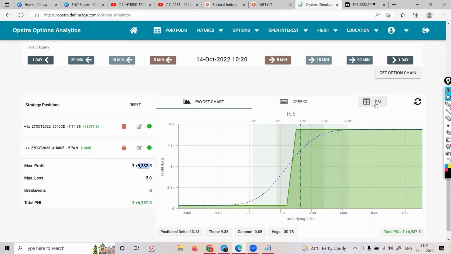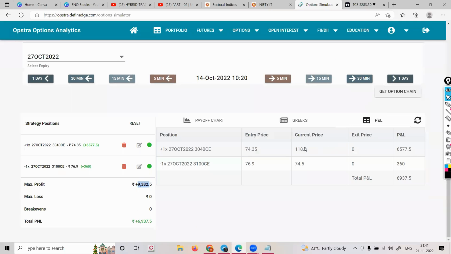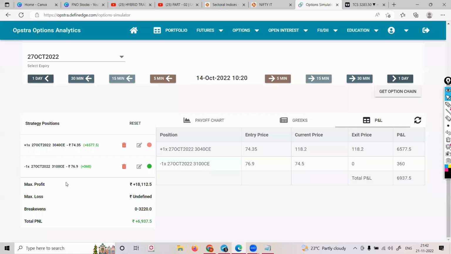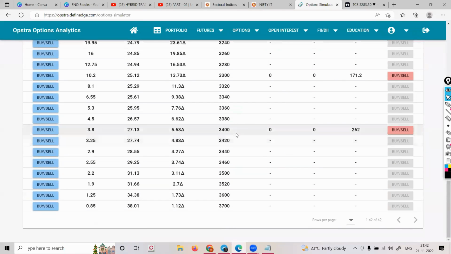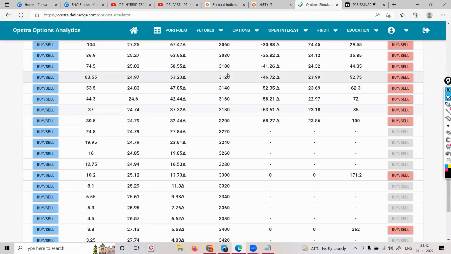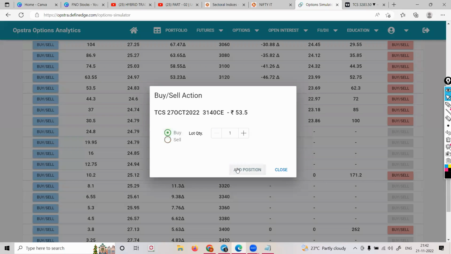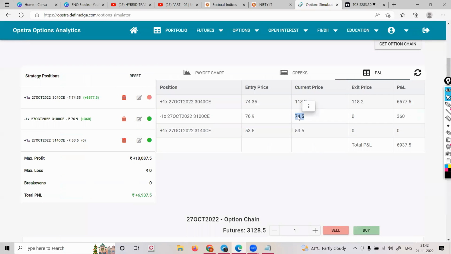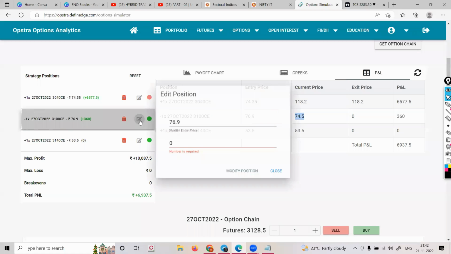Okay, let's do one small activity. Let's do that activity. I'll buy this. Please help me, guys. I'll book this. At least I'll go for 3120. Let me go for 3120 or 3140. Let me buy back this, and I'll sell this, my existing position,